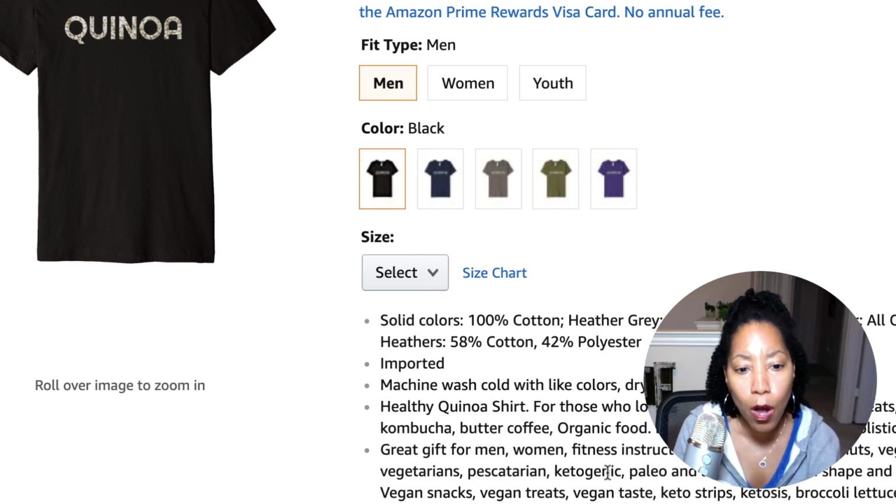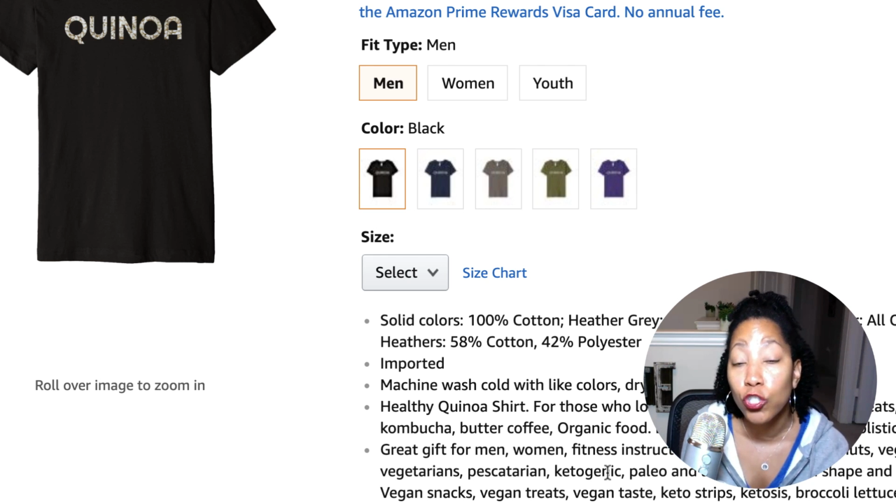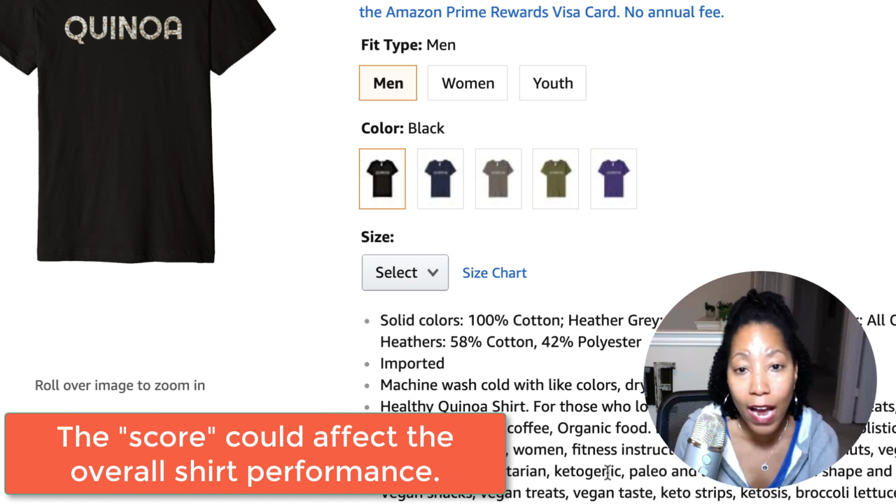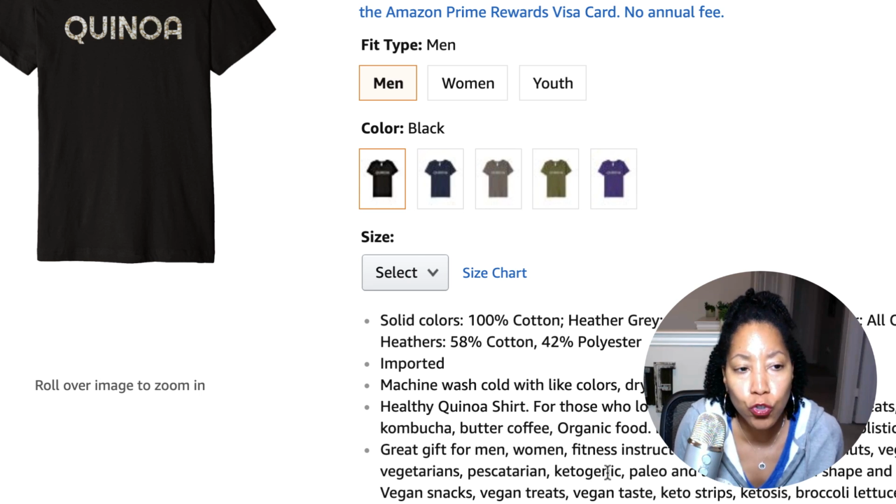So the algorithm goes, wow, the last 10 searches that this shirt has shown up for, it has never gotten a click. Let's just drop this or lower the score for this particular shirt altogether. This is just a theory, you guys. I have no proof this is true, but a company like Amazon has the money to do